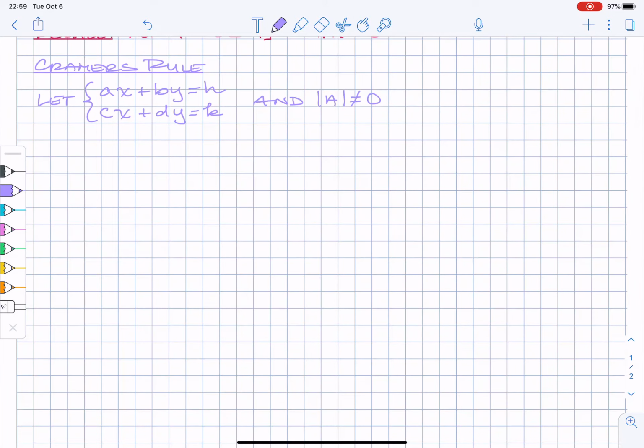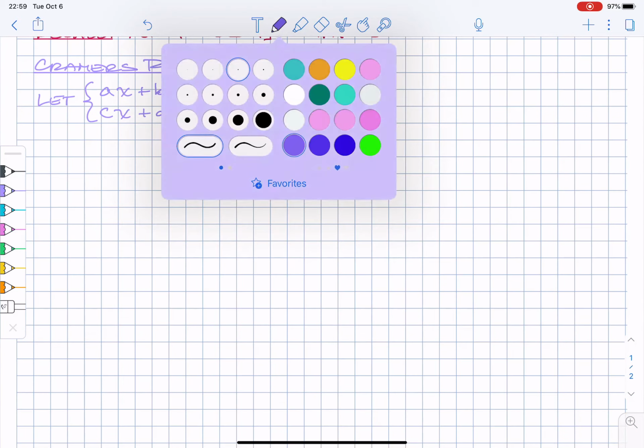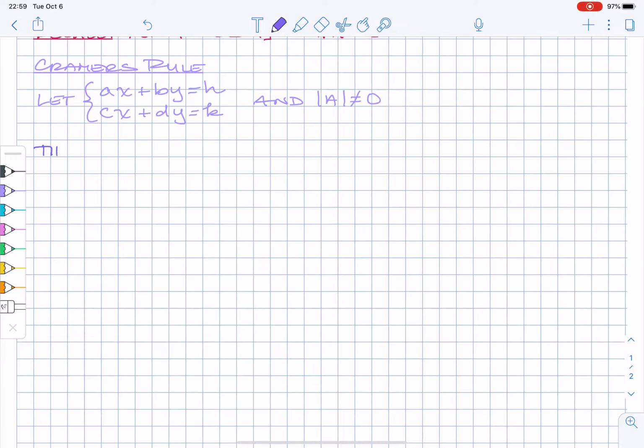Then we have the following. x can be written as capital D sub x divided by the determinant of A, and y can be written as capital D sub y divided by the determinant of A, where